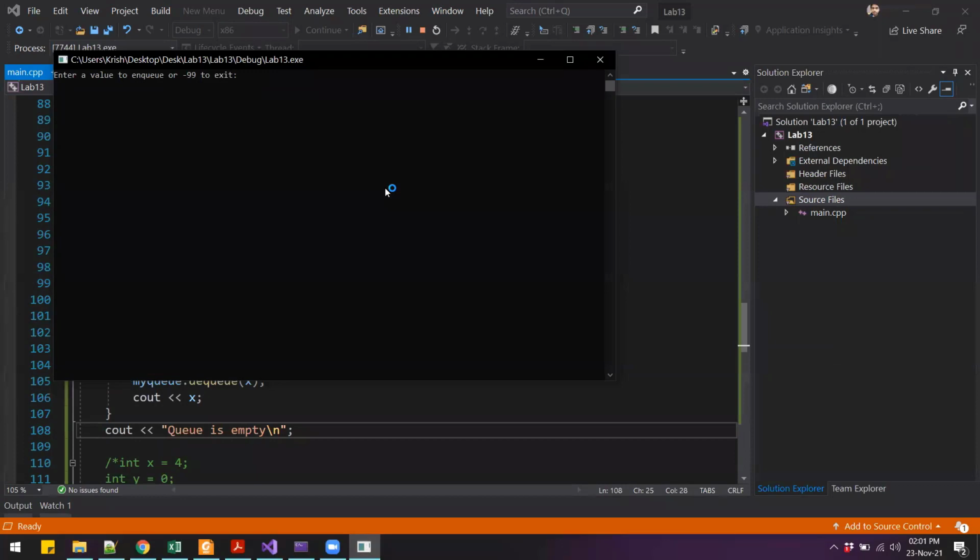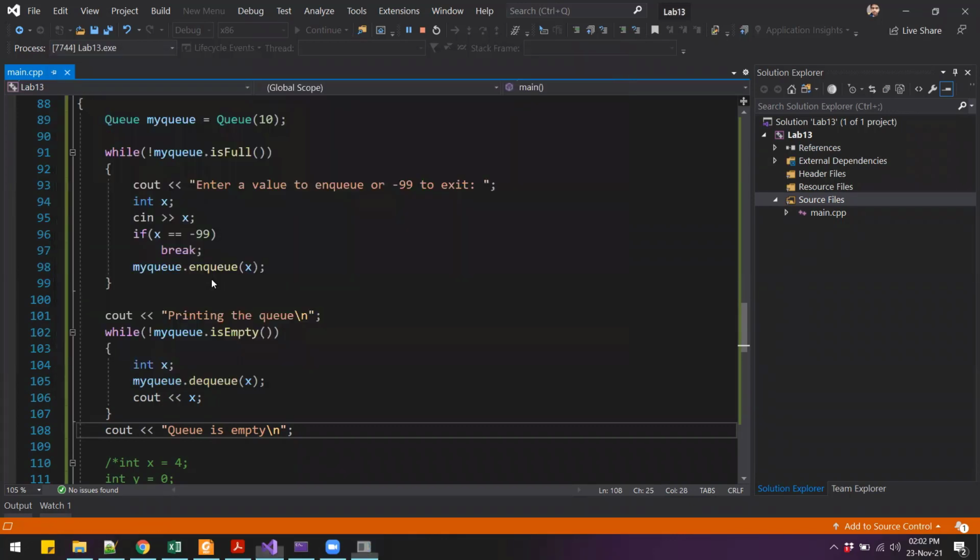So let's see if this works. So let's enter maybe 3 or 4 values, 6, 5, 4, 7. If I now enter negative 99, then the loop should terminate. It says printing the queue. So we had entered 6547, and that is the value that we have got, 6547.